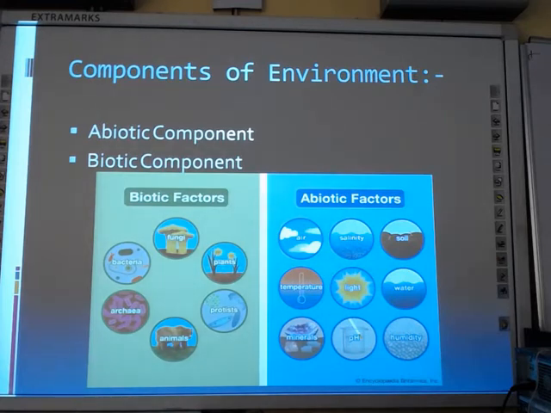And students, biotic factors and abiotic factors both are interdependent. They are directly dependent on each other or indirectly dependent on each other. First, observe your food. From where do we get our food? We get our food from biotic factors like plants and animals. Plants are the only source of food for us and for some animals also, and animals are also a source of food for us and some other animals also.